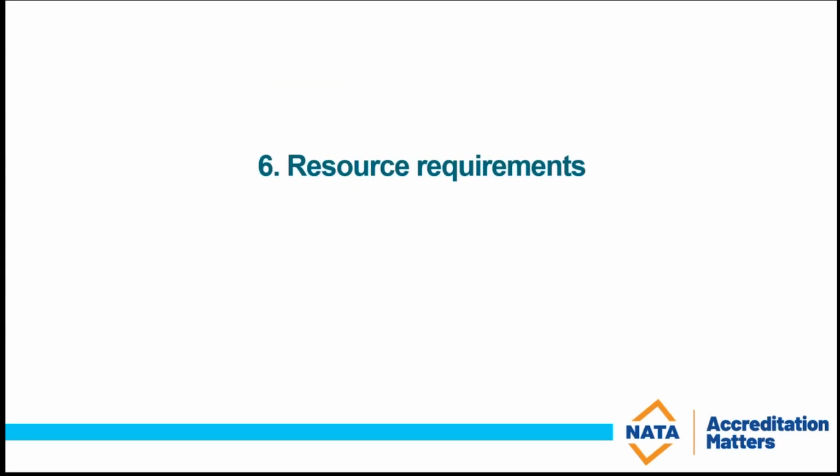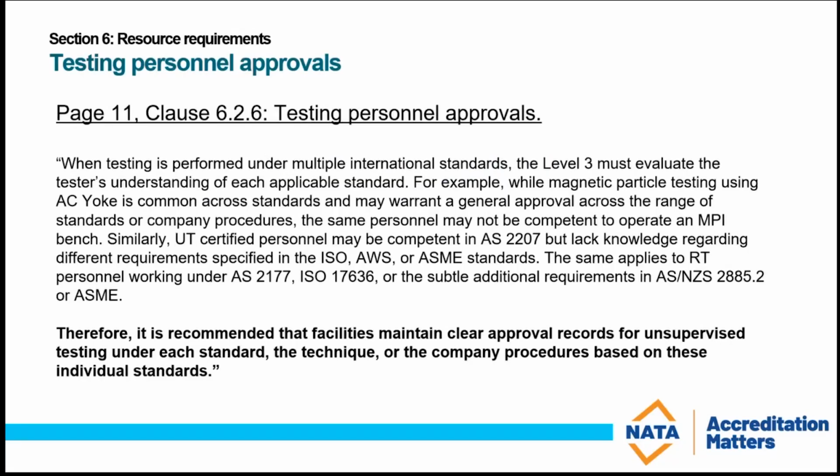All right, section 6 is around resource requirements. So this includes personnel and equipment. First update we made is about testing personnel approvals. This update is on page 11, clause 6.26. We added a new